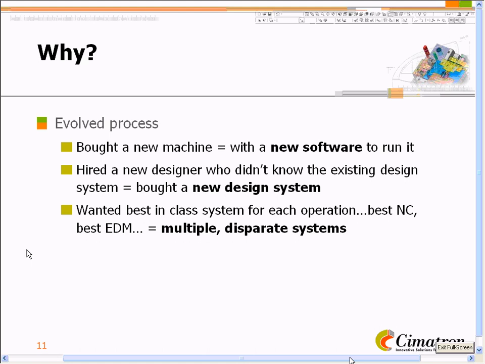Or they hired a new designer, and that designer, well qualified as a mold designer, didn't happen to know the design software that they had at the time. So that he could be effective immediately on hire, they go out and buy a seat of the software he knows. So now multiple softwares are accruing within the design department. What we see oftentimes, as was the case with this particular shop, is they want to expand their capabilities. They want to be able to go into new markets and show that they have new technologies that will help them to do a better job and be quicker at making a mold. For instance, they may go deeper into EDM software for a machine that has 2D orbiting or 3D orbiting. Well, now they're looking again at looking